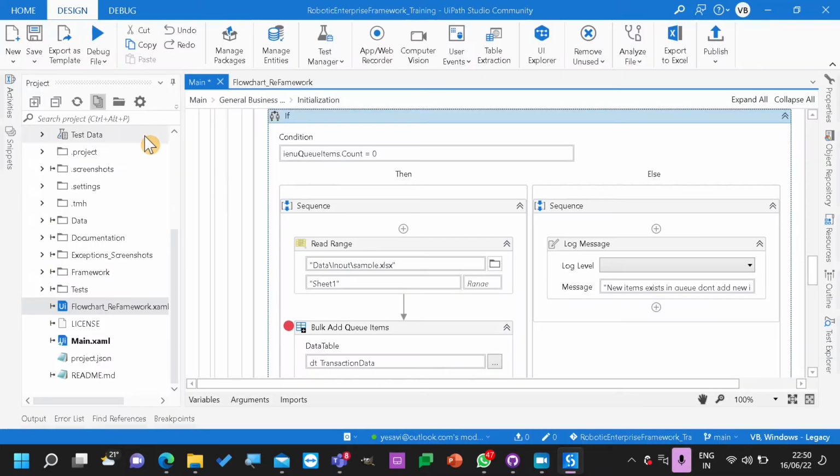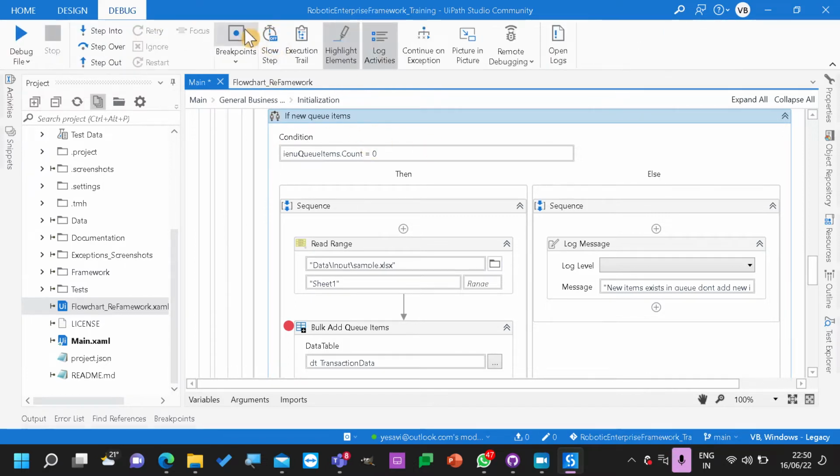So that's what we are trying to do over here. Just make sure you name them properly so that when you are debugging, it will be easier for you. So debug now. What will happen? Will my code execute and add items to the queue or not?